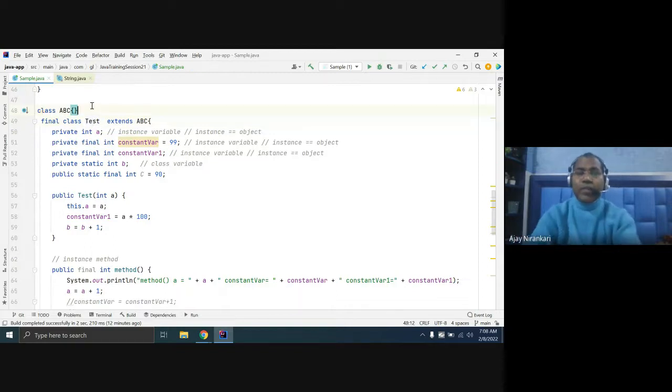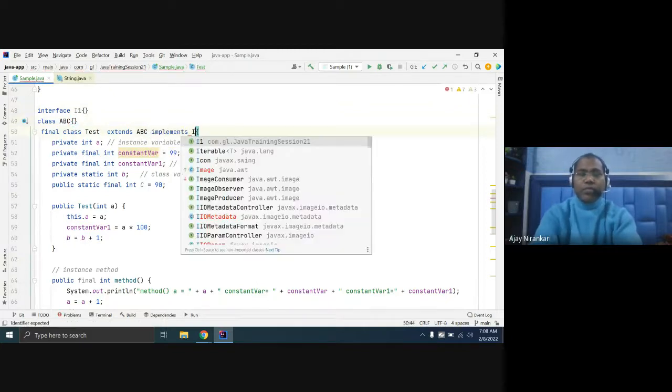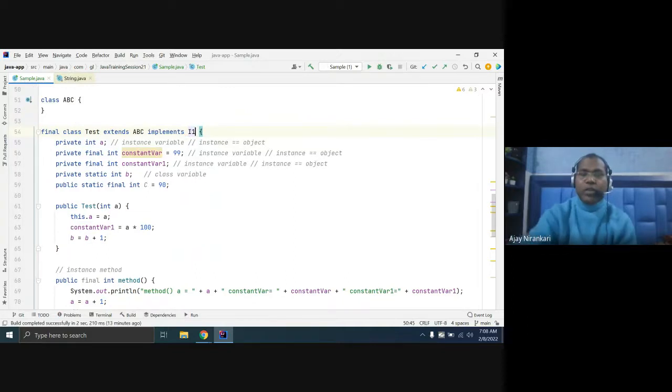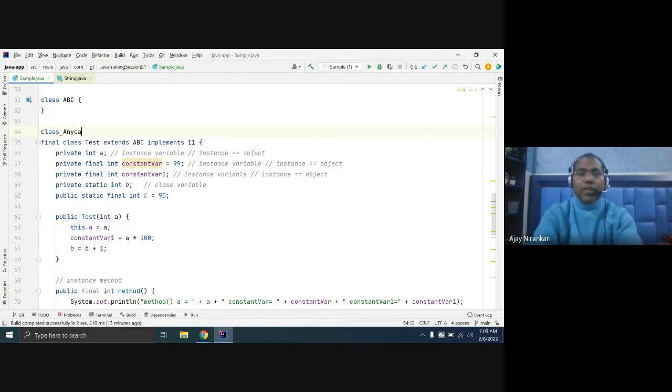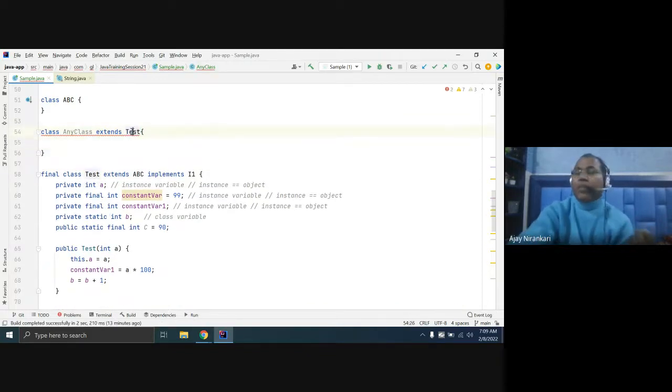It can implement an interface. Let's say we have interface I1. This class can implement interface I1. So your final class can inherit from any other class and implement any interface, but no class can extend the test class, because the test class is a final class.